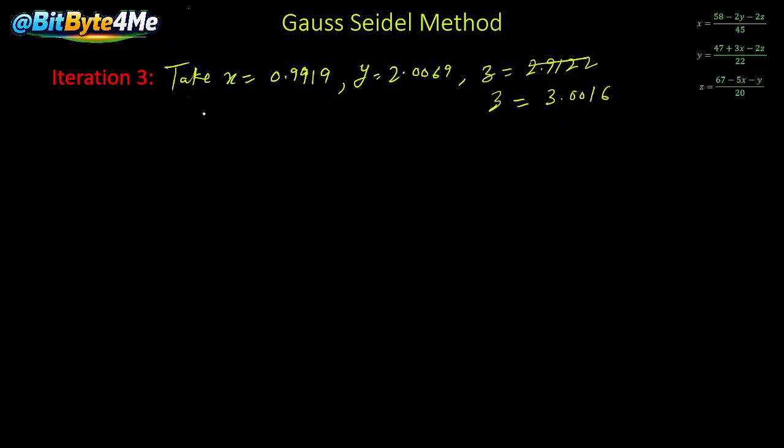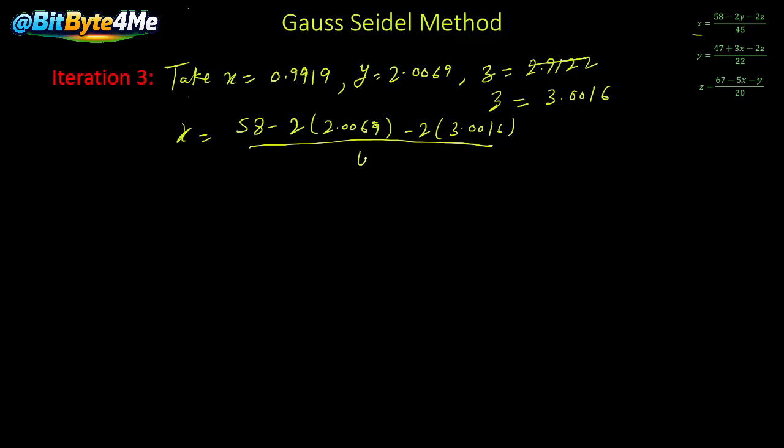So these are the values of x, y and z. So we will calculate the value of x. So x is equal to 58 minus 2 into y, which is 2.0069, minus 2 into z, 3.0016, and it will be divided by 45. If you calculate, you will get the answer as